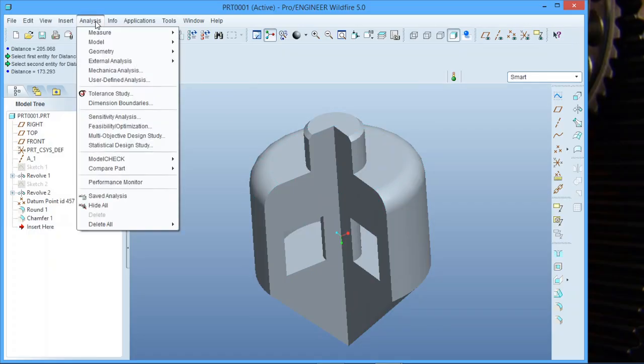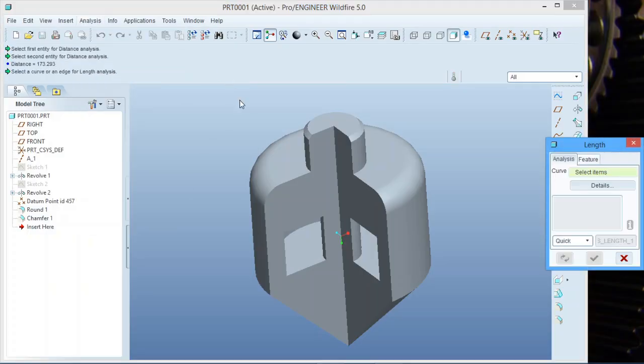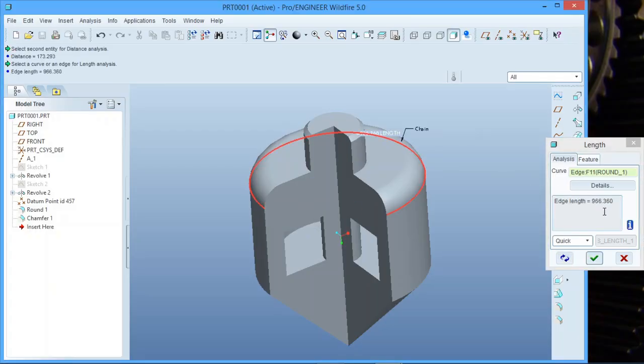Then if you go back to your analysis tab, we're going to go to length. This will actually give you the length of a curvature. So instead of calculating what that distance is in a running meter sort of sense, not a direct distance, you're going to click there and it will give you 966. That is, if you take that line and you straighten it out, that's the length that's going to be used. So this is a nice feature when you want to calculate